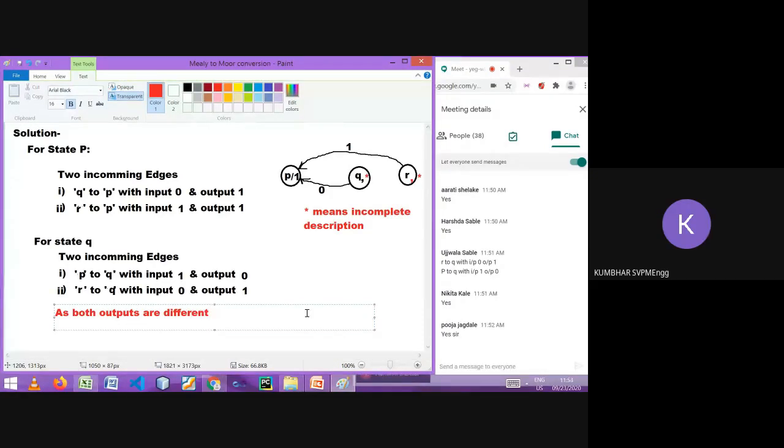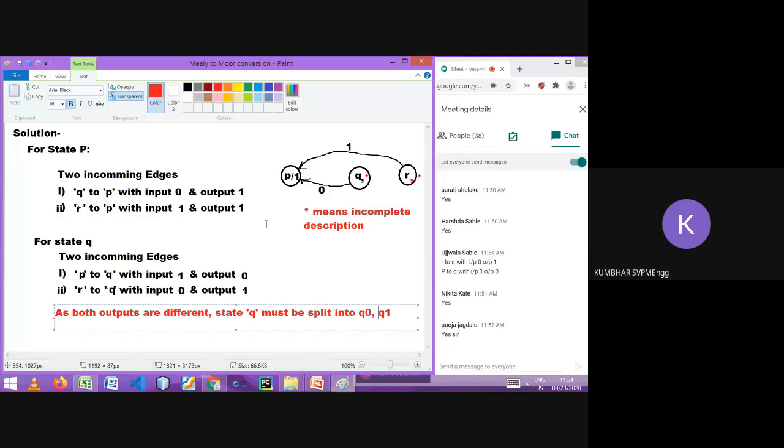As both outputs are different, state Q must be split into two states, Q0 and Q1. Can you guess why 2? Because two different outputs are there. Fortunately for this example, only two outputs are there.